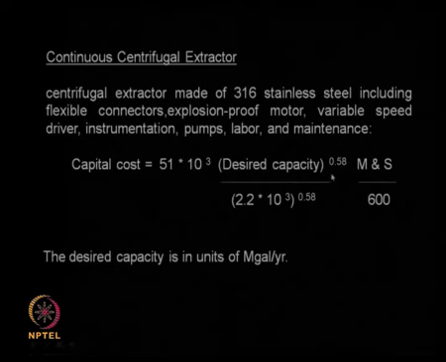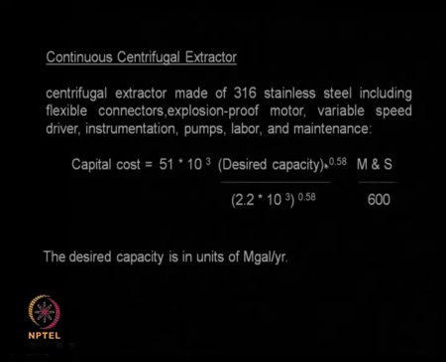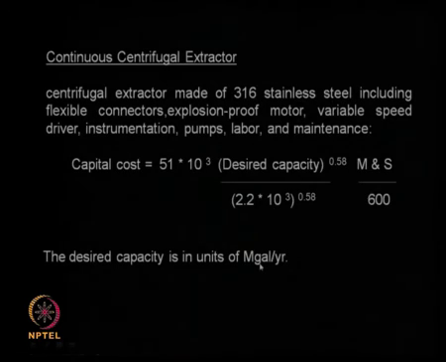Here you notice the exponent is 0.58, and again you have the Marshall and Swift capital cost index term coming in here. So depending upon the capacity of your continuous centrifuge, you can calculate the capital cost using this formula. Here the capacity is assumed as mega gallon per year. So you see a lot of numbers here; these are all based on the indices used